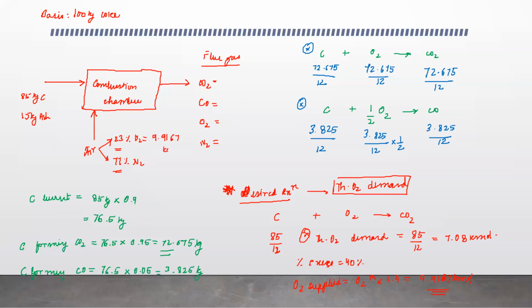So over here, we have oxygen supplied as 9.9167 kilomoles. Remember, as you are going ahead with your calculations, you need to complete this block diagram. And once your block diagram is complete, half or most of your problem is solved. Then you only need to see what they have asked in the question and go ahead. All right. Once we are done with this, we'll go on to nitrogen. So nitrogen supplied,